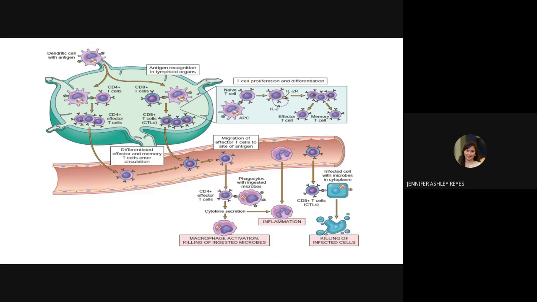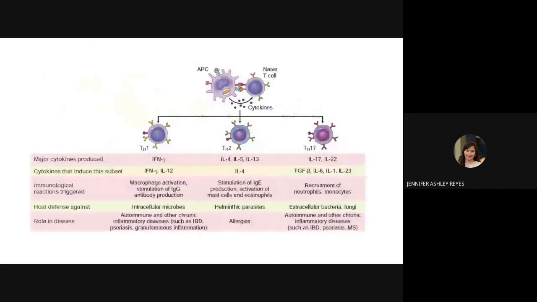So, merong differentiated effector and memory T cells that will enter the circulation and will migrate to the site of antigen. So, yung ating CD4 plus effector T cells of the Th1 subset will recognize antigens of microbes ingested by phagocytes. And yung ating mga CD8 plus cytotoxic T cells will kill infected cells that are harboring microbes in the cytoplasm. Okay? So this is another illustration showing the importance of Th1,